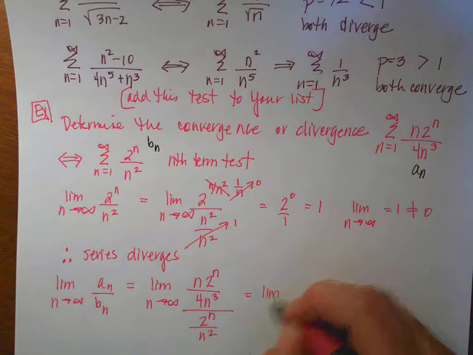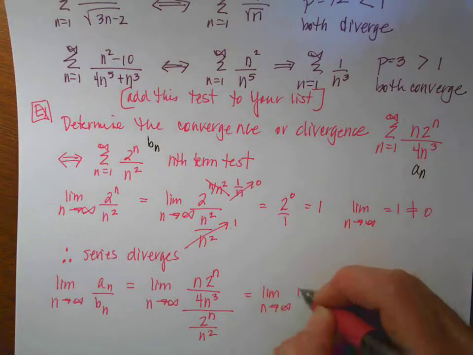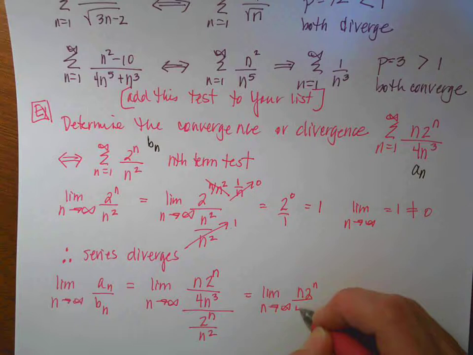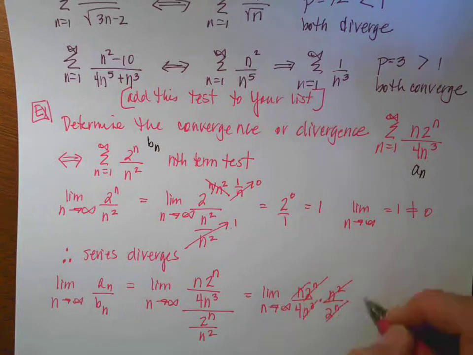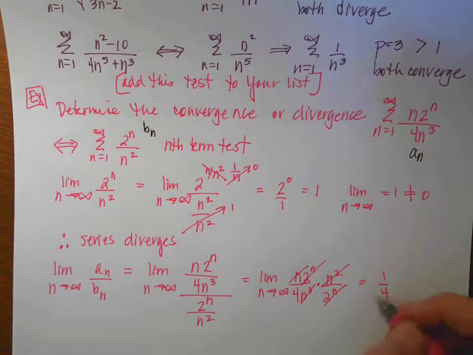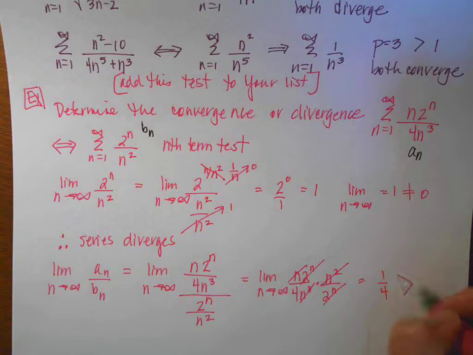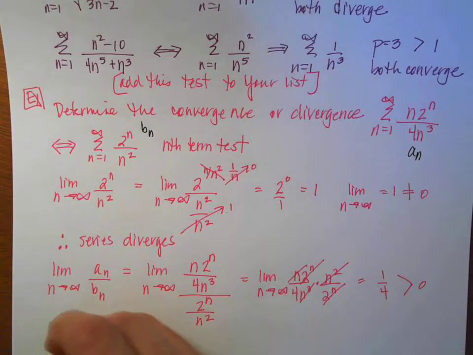That's a lot of n's. And so then if I rewrite that mess, as n approaches infinity, I have n times 2 to the n over 4n cubed times n squared over 2 to the n. Those guys cancel, those guys cancel, and the limit is 1/4. And again, as we do this process, the limit is greater than 0, therefore